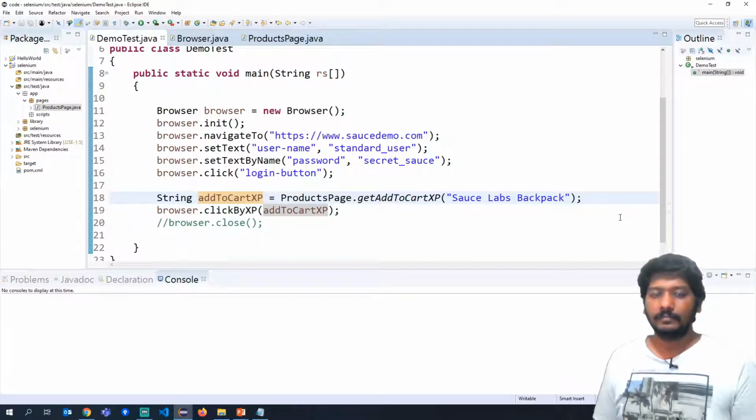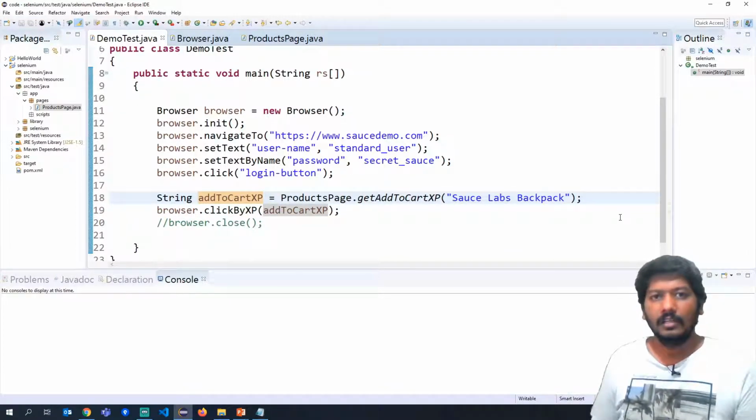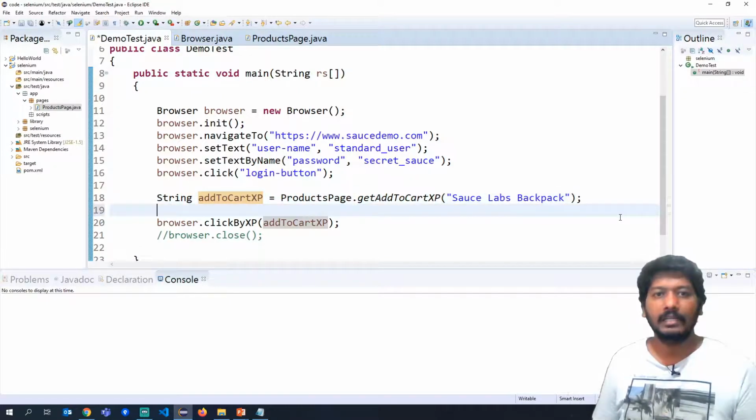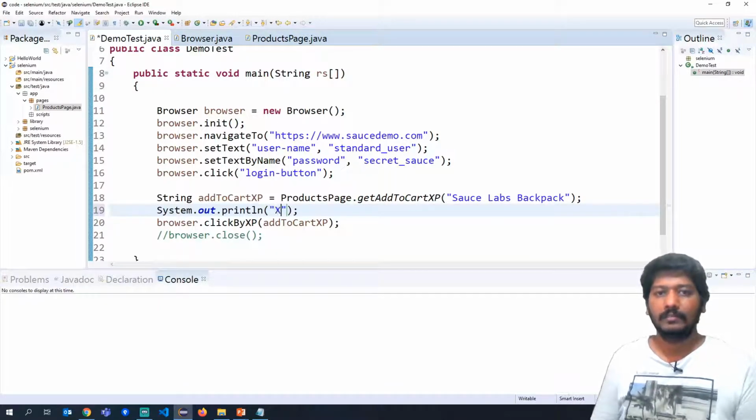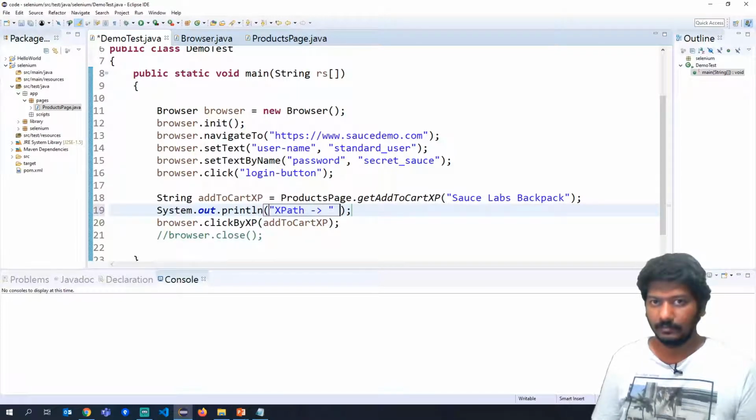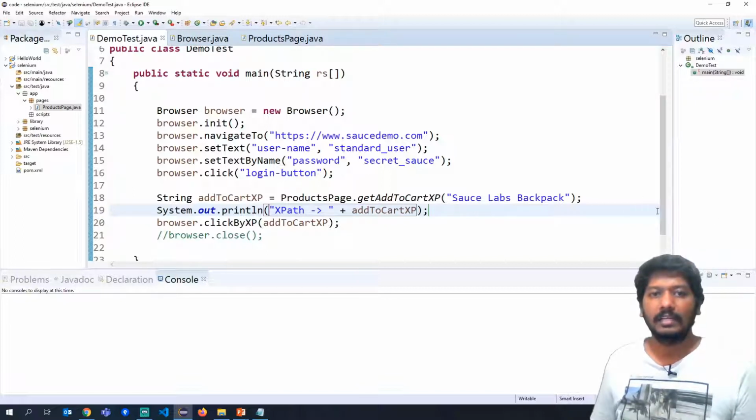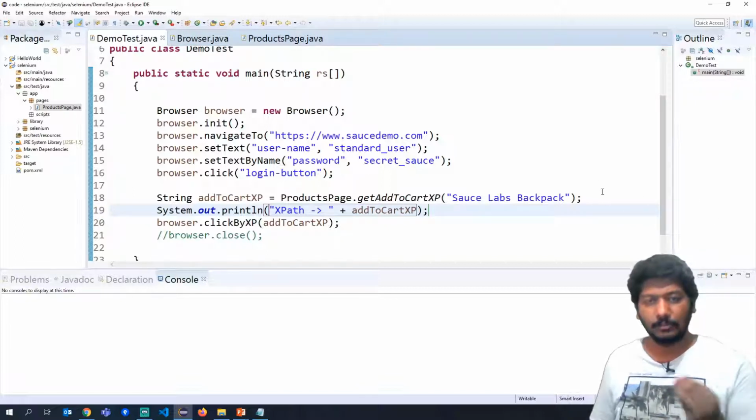Now for debugging purposes, what you can do is print and see whether the XPath is getting generated properly or not. So we'll say System.out.println XPath. Okay, so what I did, I just added a System.out.println method, and then I am printing the generated XPath.